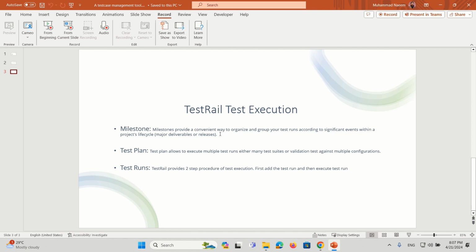Then we need to create a test plan so that we can execute multiple test runs and also see the validation against multiple configurations. In a test plan, we actually create test runs. Test runs basically have a number of test cases and the execution of those test cases, which provides you results. So let's see how we can create